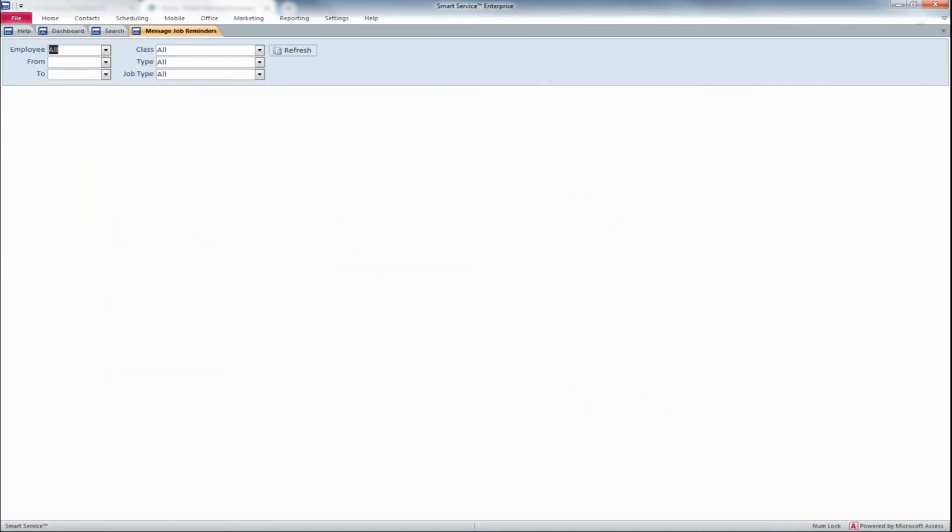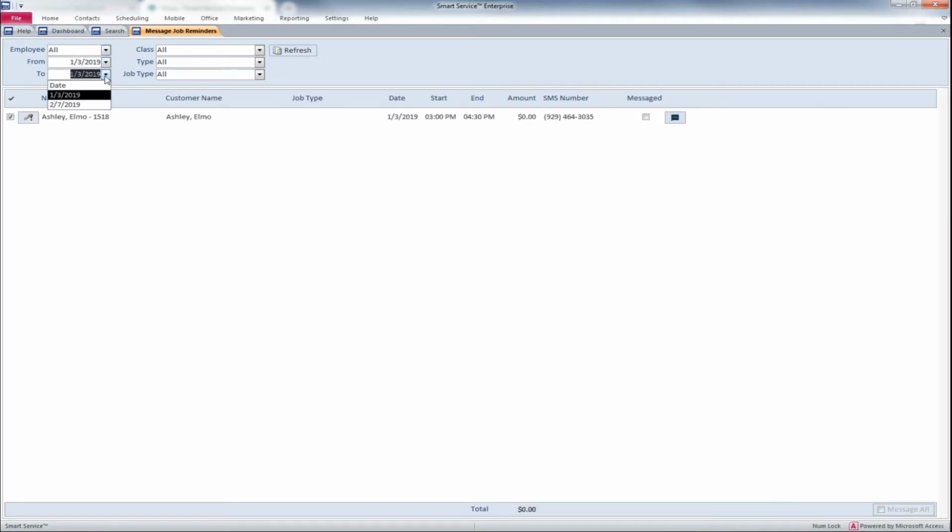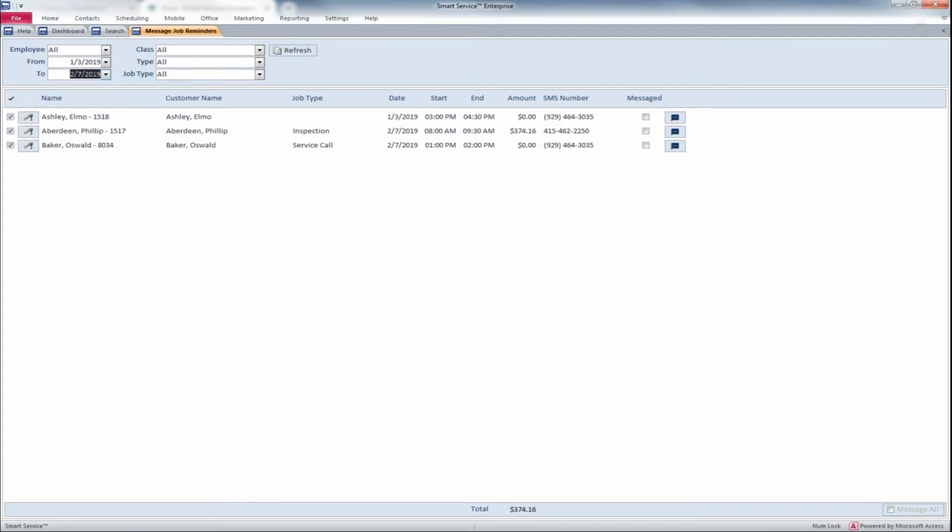Go ahead and open that up. This works very similar to the email job reminders window that some of you may already be familiar with. We can pick out a date range of employees we want to message. We can also pick out a date range of services I'd like to message. You can bring that up here, and that'll list out all the services. So you see we have a couple of different things we could send a text message for. And then we can filter, maybe by class, by the type of customer, or by the type of